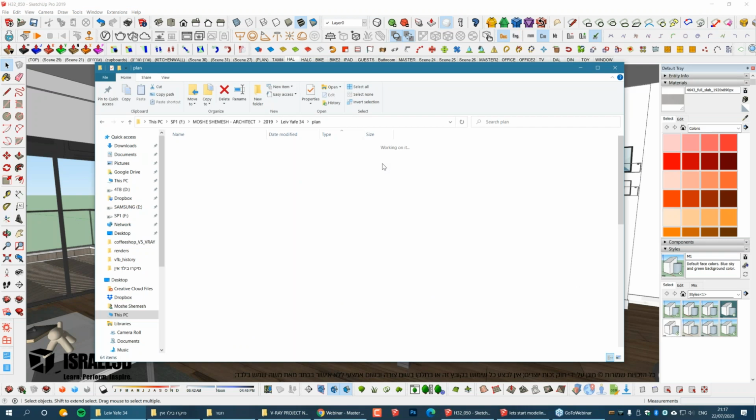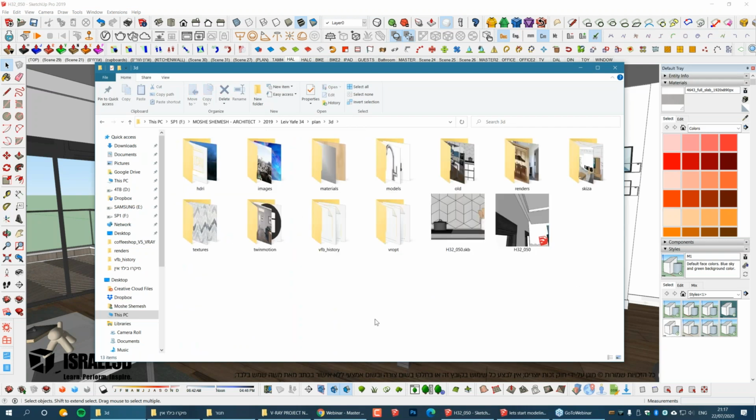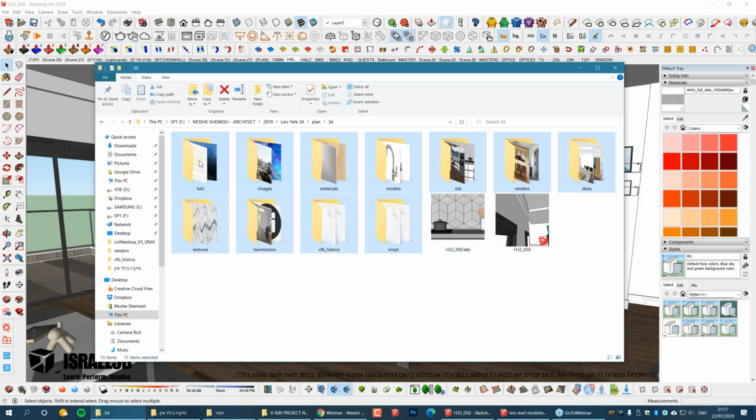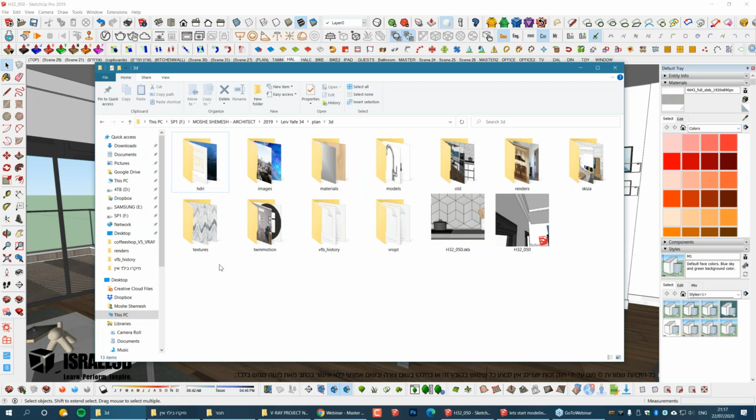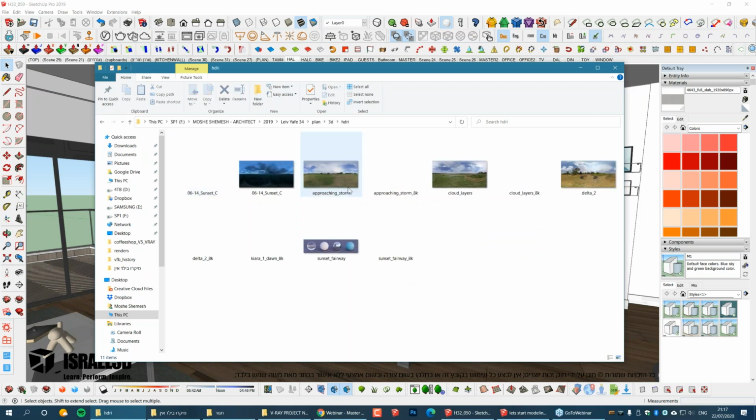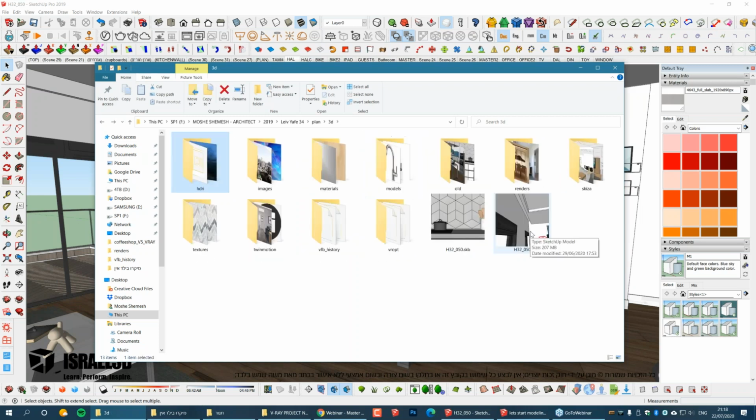I have a 3D folder, and in this folder, I have this structure of folders. So what I have here is a model, which is this model itself, and SKB, as you know, a SketchUp backup file, and I have those folders that hold different aspects of the project. So let's start and go through everything real quick, so we can learn how I structure my project in a very specific way. So I got an HDRI folder where I keep all my HDRI stuff which relates to the dome